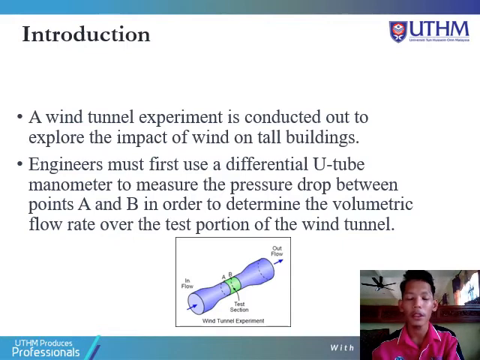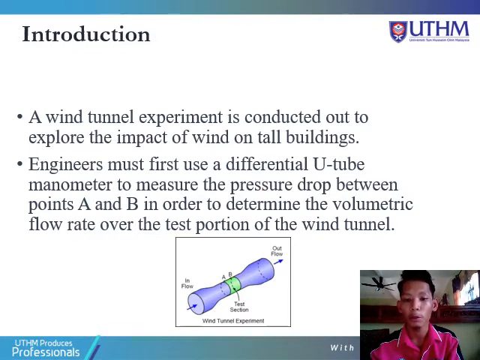So for the introduction, this case study number 2 is related to our syllabus, which is chapter 2, pressure and fluid statics. We try to investigate the influence of wind on a tall building. A wind tunnel is carried out. So the engineer initially requires measuring the pressure drop between point A and point B using